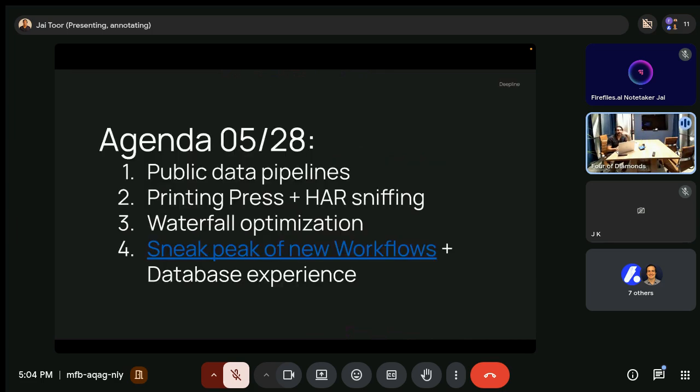In terms of how we run these office hours, typically I have a couple examples of things we've been working on with customers that are usually relevant for some companies, about how we're using Deepline to solve particular problems.